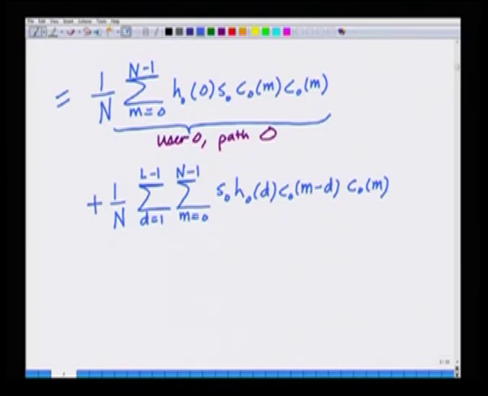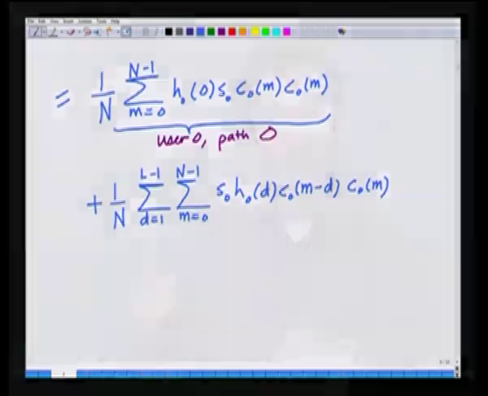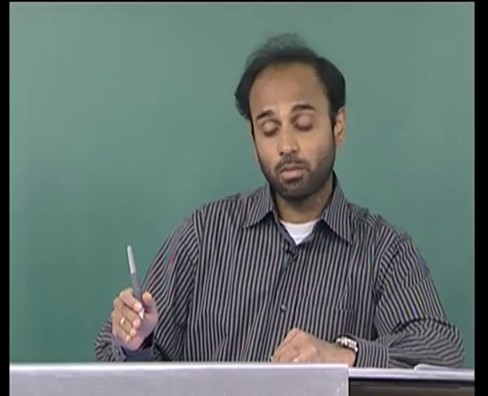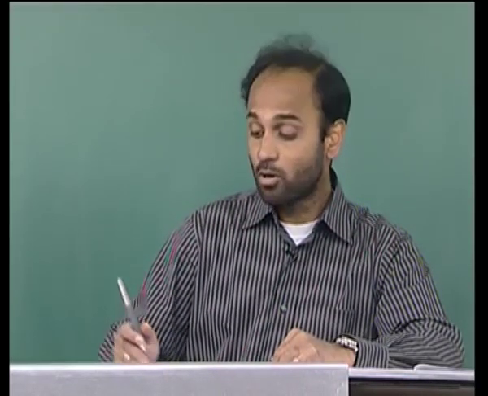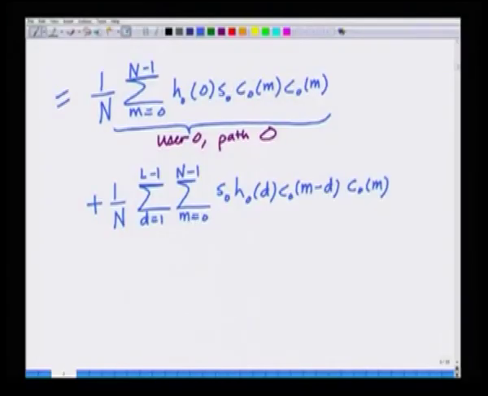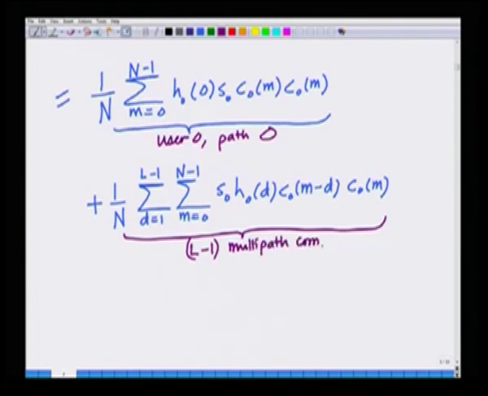Remember, this summation goes from d equals 1 to L minus 1, that is it is going from the first path to the L minus 1th path, that is all paths other than the 0th path, but for user 0. Hence, these are L minus 1 multipath components of user 0,